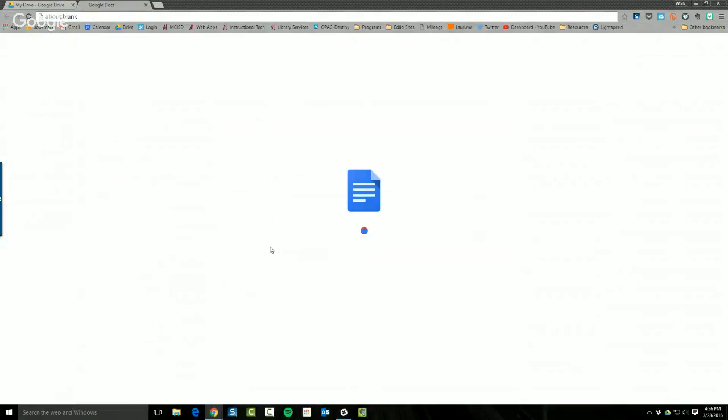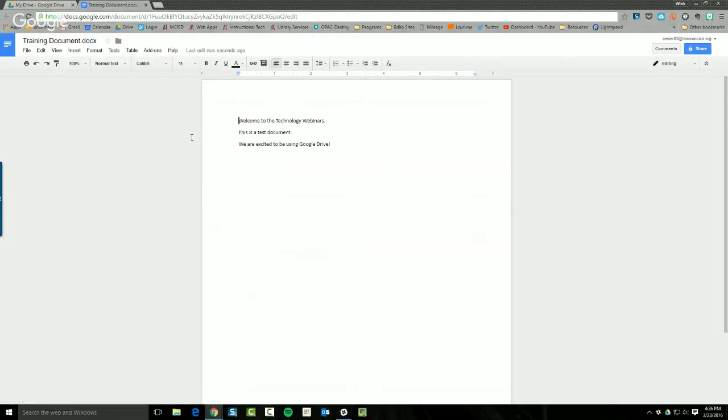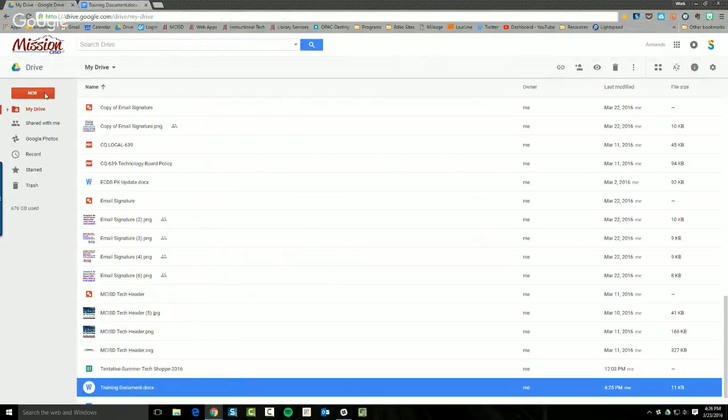What's going to happen now is that it's automatically changing this into a Google document, which is great because this is how you would want to work. Okay, my screen looks a little bit different, and this is how your screen would look. You would have all this information on top, and then you'll have your document here that you just translated or you just created. So I'm going to go back to my drive,